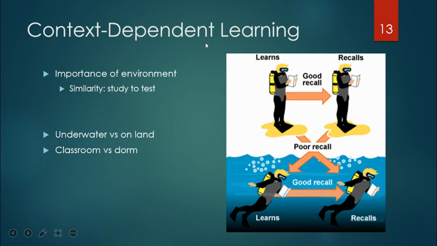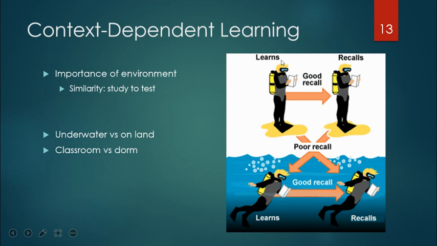All right, other ways we can improve memory in normal everyday life. Context-dependent learning. Context-dependent learning means place-dependent learning, the context or the place that you learned information. So the environment that you learn information in is going to be an important retrieval cue when you're tested on that information. There's a really famous memory experiment where scuba divers learned words on a vocabulary test. They were later tested on that, and it turns out